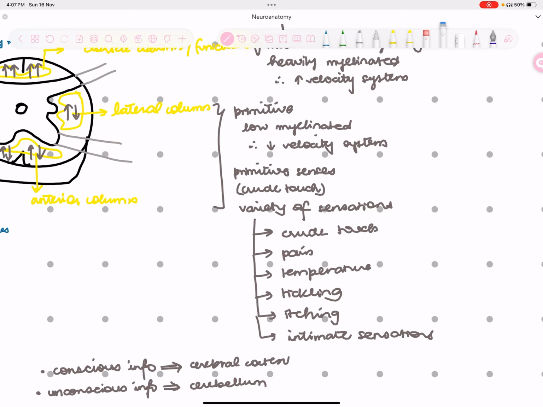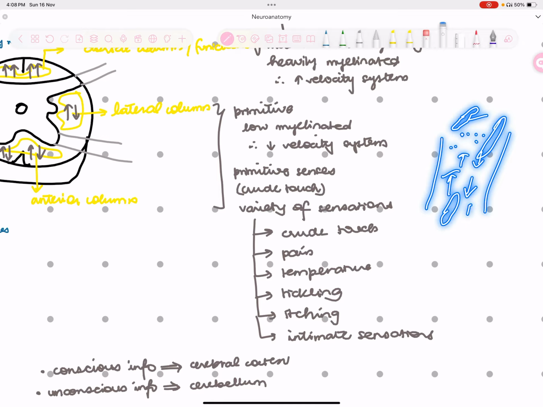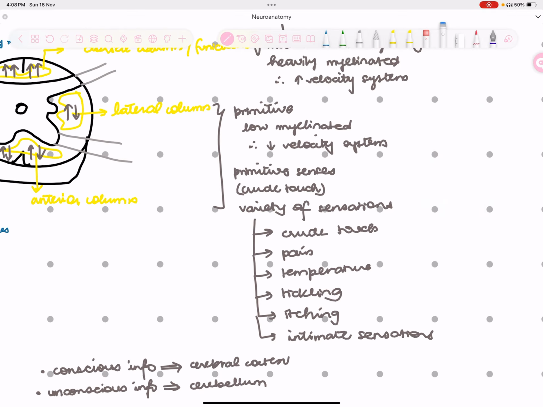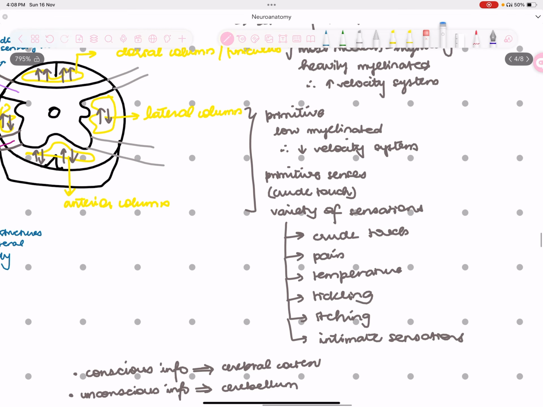Another thing, because this is not a highway, this is some very random road, it's going to have every sort of traffic going here, right? Ascending and descending both, and every sort of traffic. Maybe there's a horse, a donkey cart, a rickshaw, a car, a small car, a motorbike, an auto rickshaw, everything, right? So it has a variety of sensations because it's a primitive one. I hope that's clarified.